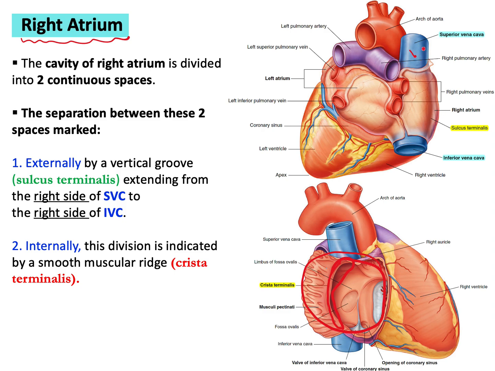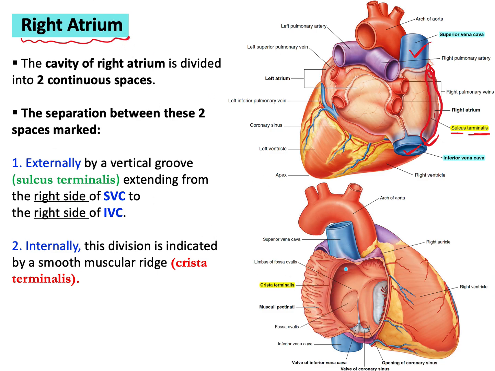So this is the superior vena cava, and this is the inferior vena cava, and to the right of the superior vena cava and inferior vena cava, there is a kind of sulcus here. Look at it. There is a sulcus here. This sulcus, guys, is known as the sulcus terminalis,